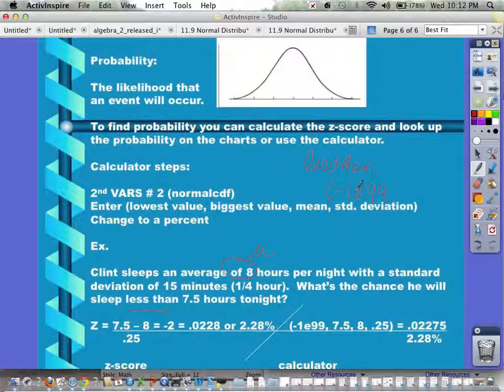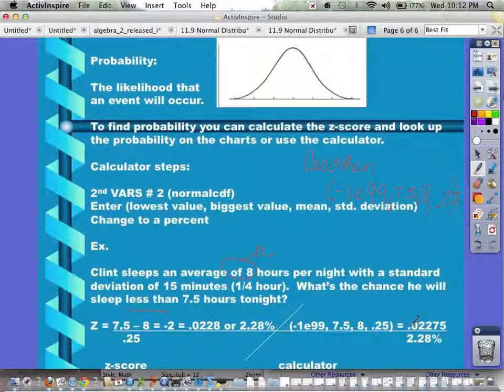Okay, that is very, very, very small, negative, way below 0. So if we want a less than, that is the smallest number. Then the bigger number will be 7.5. That is the most it would be, because they're asking for less than 7.5. And then you put in your mean and then your standard deviation. Hit all that in there just like you see it with the commas, hit enter, and you will get